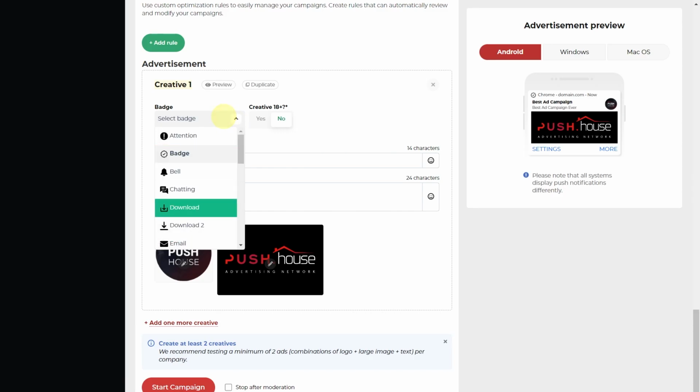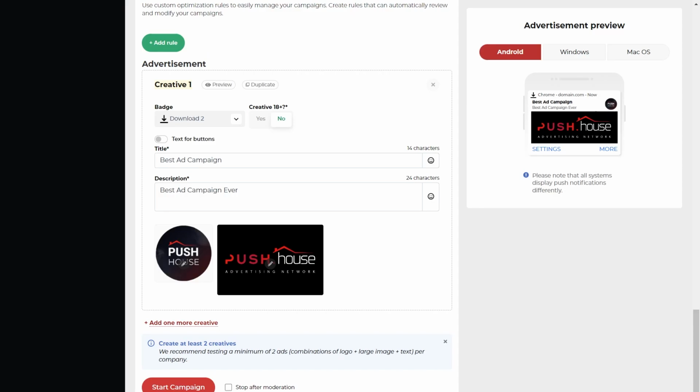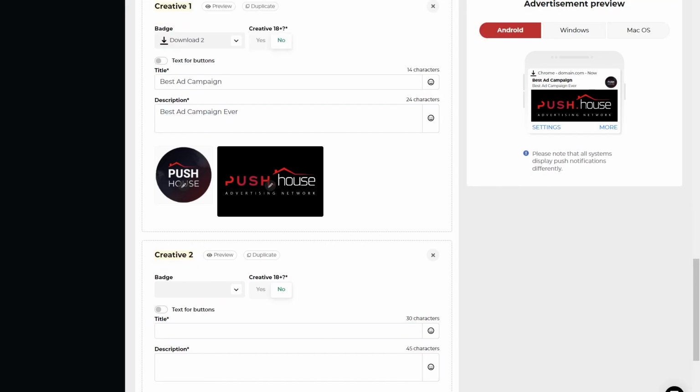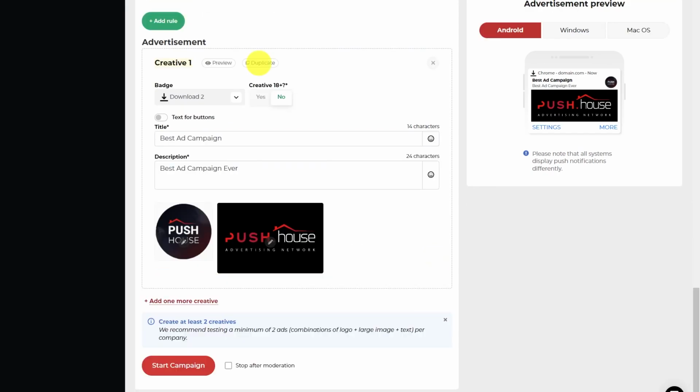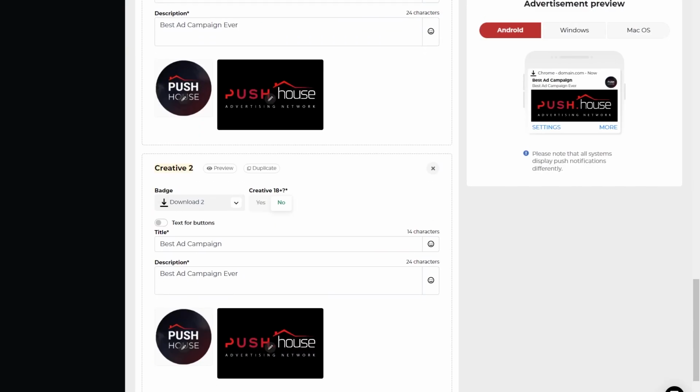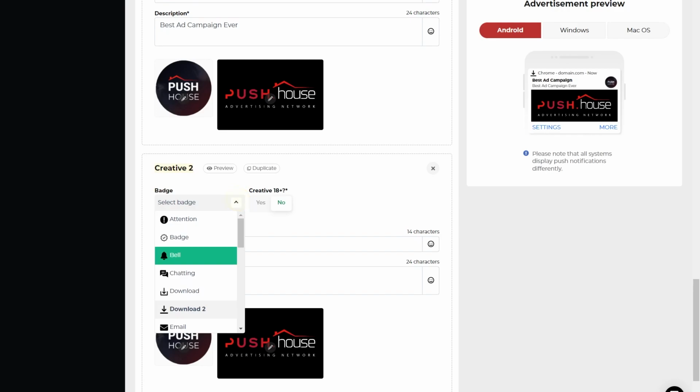And in Push.House, it can work like this. For example, you plan to replace the ad badge, and thus increase the final CR of the campaign. To do that, create another version of creative within the campaign. You can do this by clicking the Add One More Creative button under the first creative in your campaign settings, or by clicking Duplicate next to the name of the first creative. In this second version, we'll leave everything in place and change only the ad badge. Otherwise, if any other changes are made, the split testing results may turn out to be incorrect, which will directly